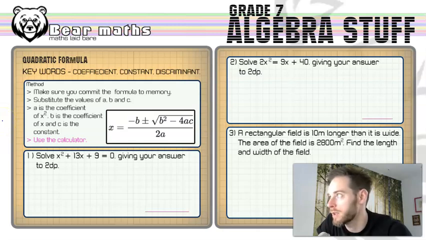This video is on the quadratic formula, grade 7 stuff. And the keywords here are coefficient, constant and discriminant. The coefficient, as I've mentioned in other videos, is the number in front of. Constant is the number term in the expression, and the discriminant is a new thing. The discriminant is the bit that you get inside the square root, and it determines whether you've got 0, 1